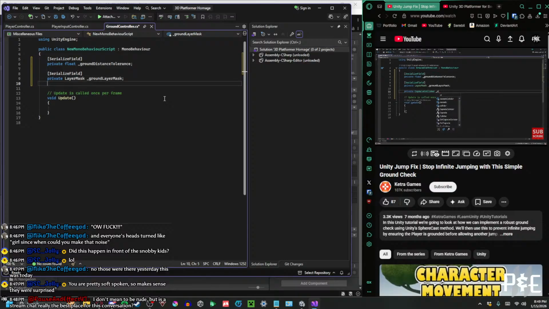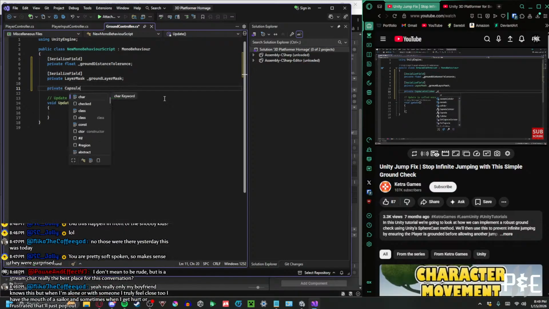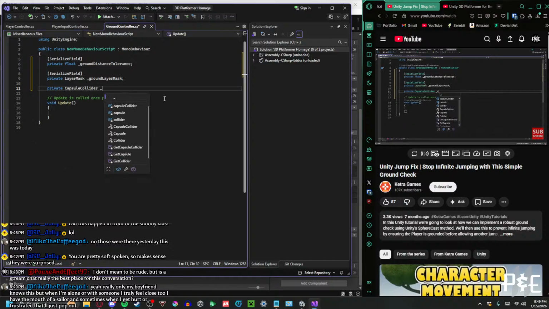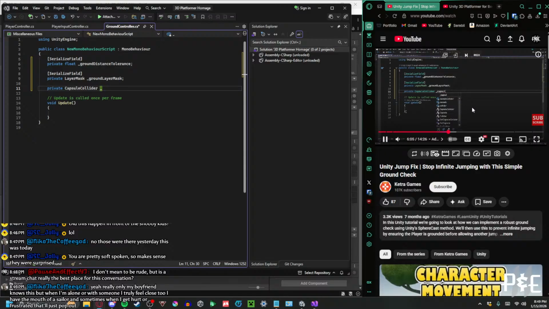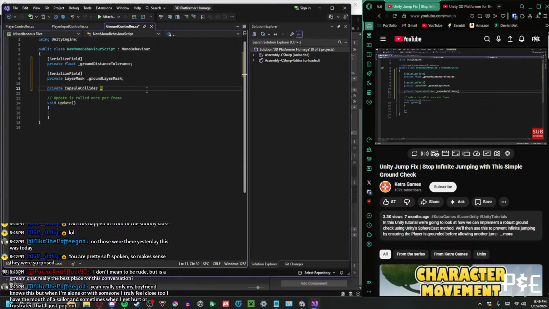Private capsule collider. Unity uses this to detect collisions with the player. We'll use this to ensure the size of the sphere cast